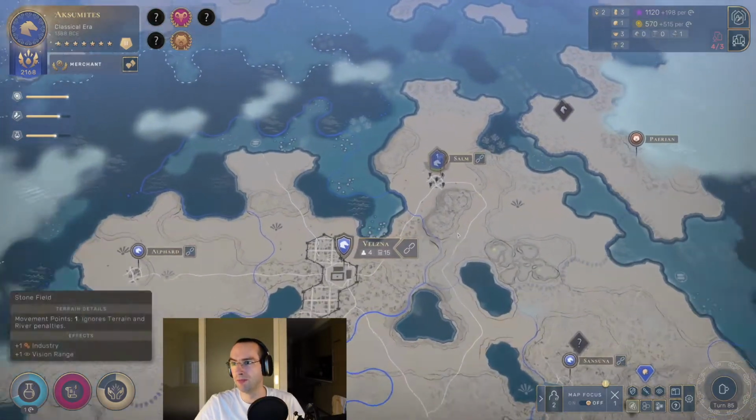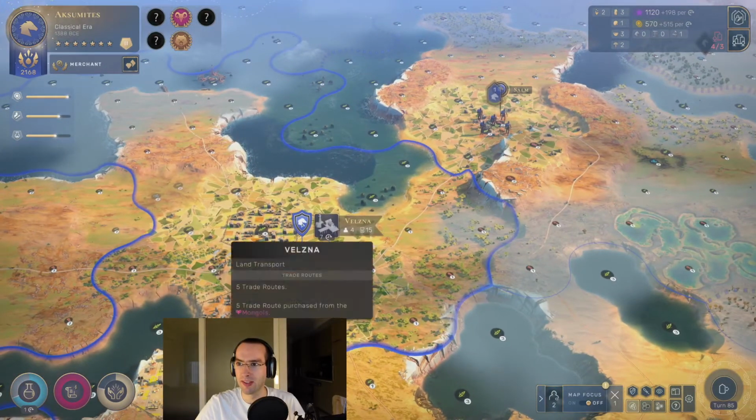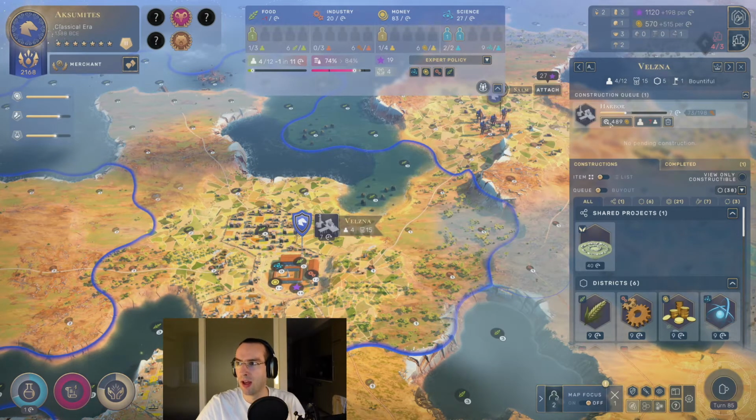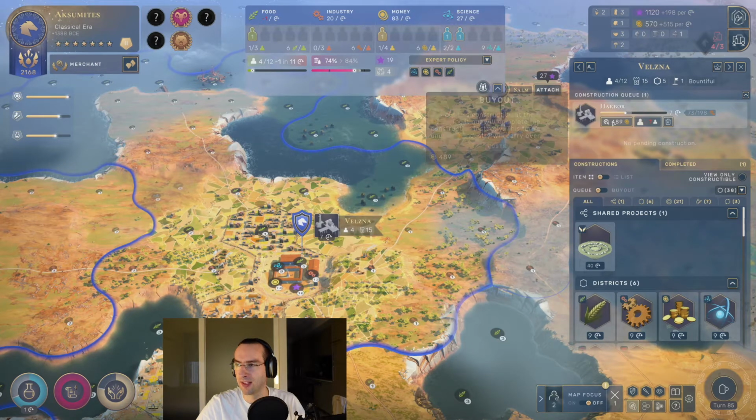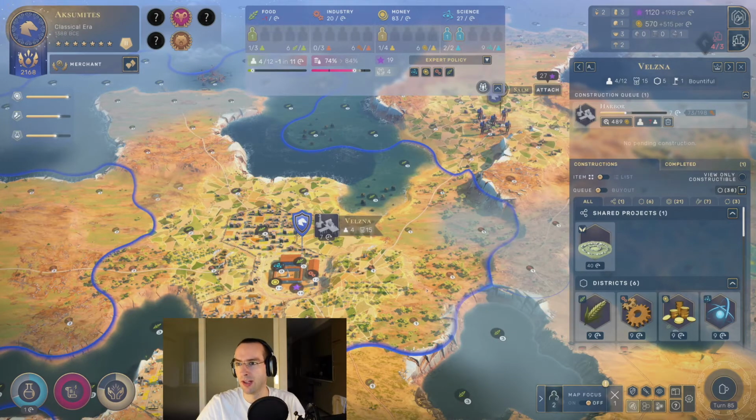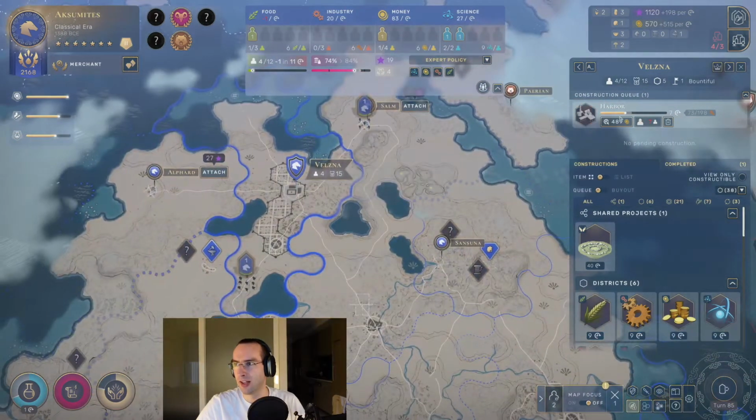Now, the reason this is quite good is that you can see harbors are usually quite expensive to construct. So here, for example, it's fairly early on in the game. It costs more than 500 or 600 gold to actually purchase this harbor, or around 200 production to actually build it. And this production or gold value will keep going up as you build more and more districts or quarters